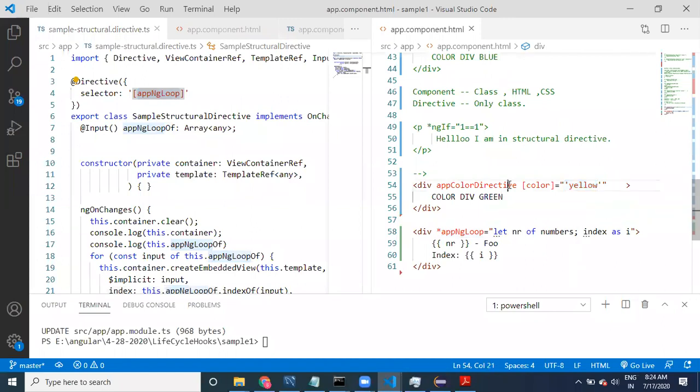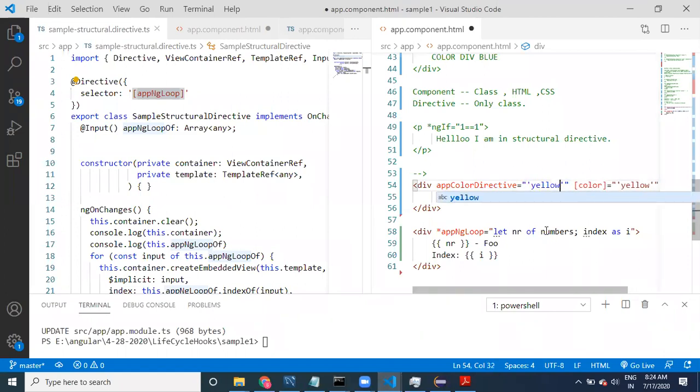App directive color div green, something we provided like this, and this property is available in this directive. If I want to provide it directly like this, how can we provide it?